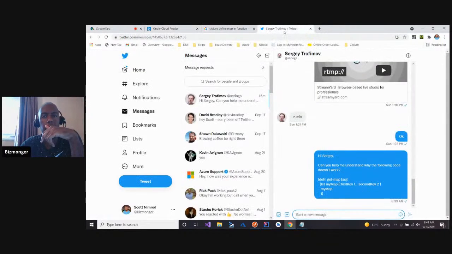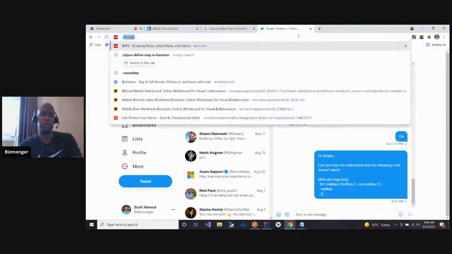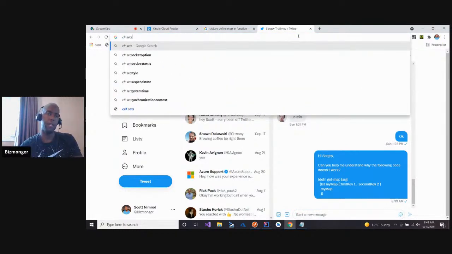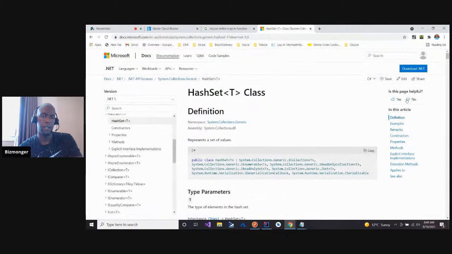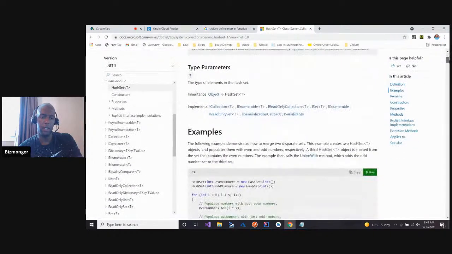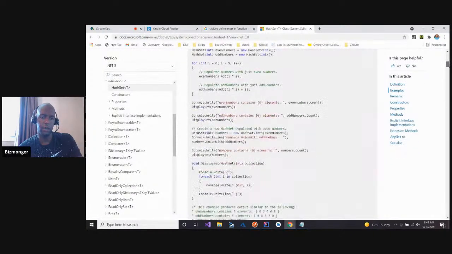Now, something I'm curious about is, I haven't used sets in C# in so long. It's called a hash set. With the hash set in C#, when you want to add something that already exists, it shouldn't throw an error, right?